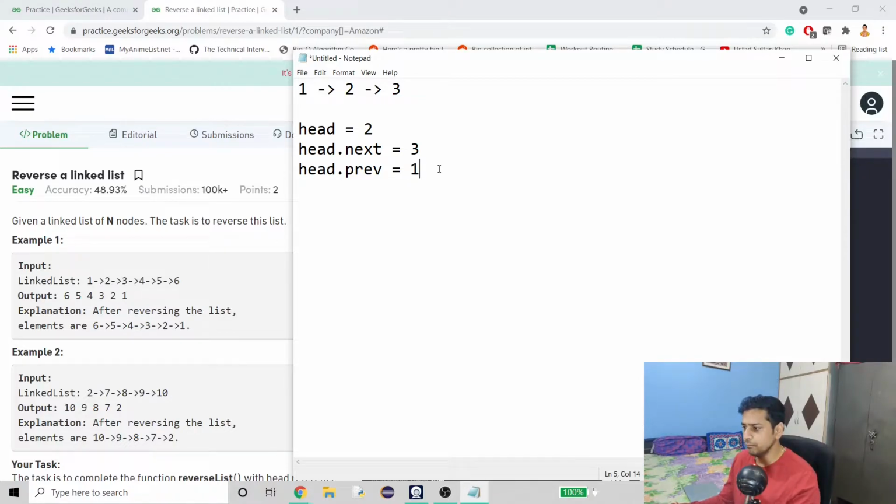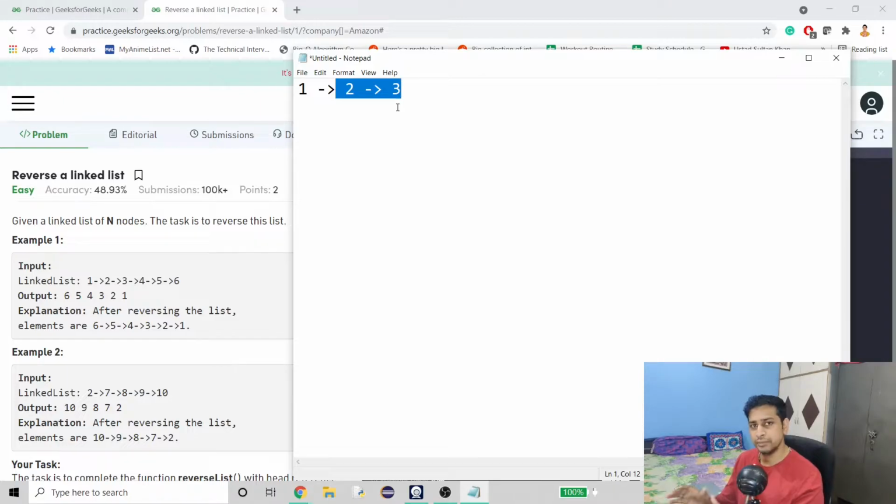So the logic is that we just have to point them in the opposite direction. Meaning 1 dot next is 2 and then 2 dot next is 3. So what we will do is just reverse these arrows like this.